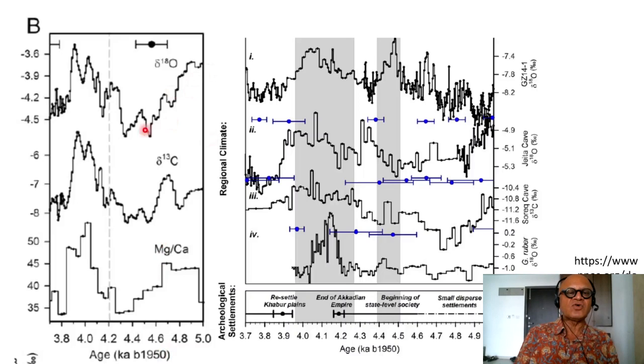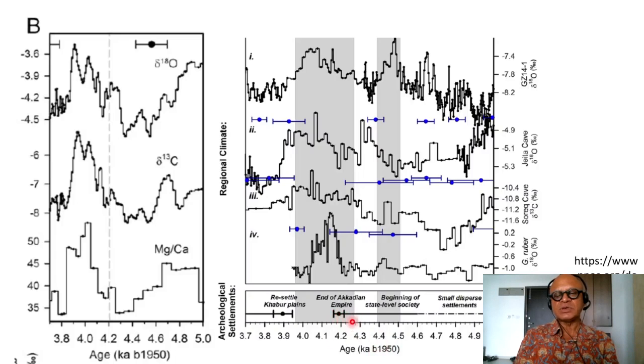So we are looking at delta O18 from various cave records, delta C13 from the stalagmites and stalactites, magnesium calcium temperature records, and so on. They also attached the regional climate proxies from the different sites here, marking off the various periods of interest. And you can see the dry periods marked here. So there are small dispersed settlements coming into the middle Holocene. The beginning of the state level societies happens during this period of 4.5 to 4.4 kilo years before 1950, and